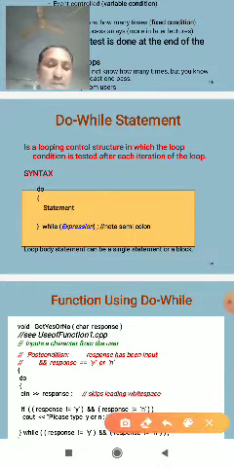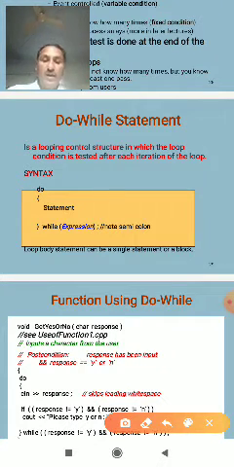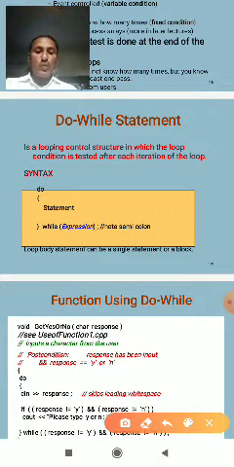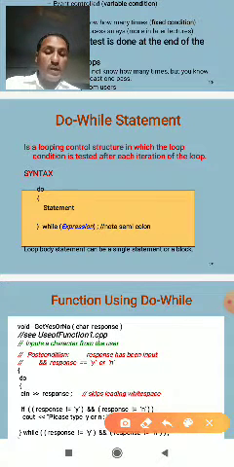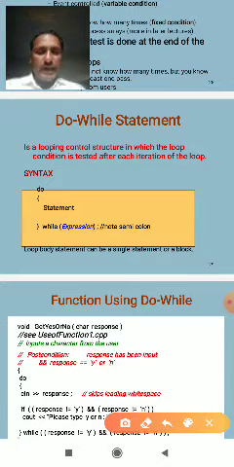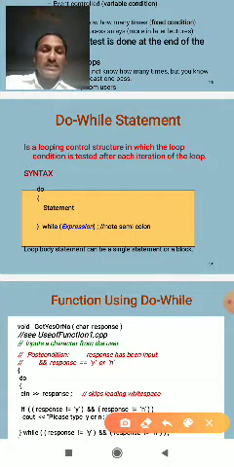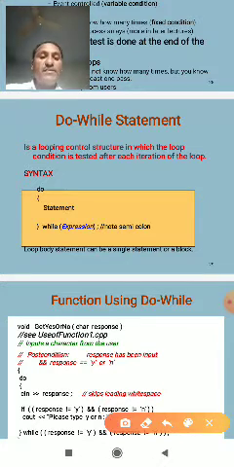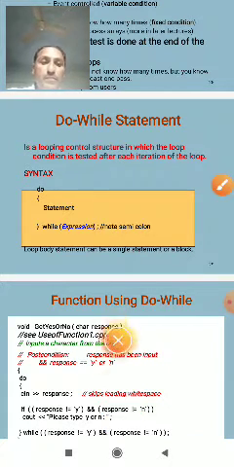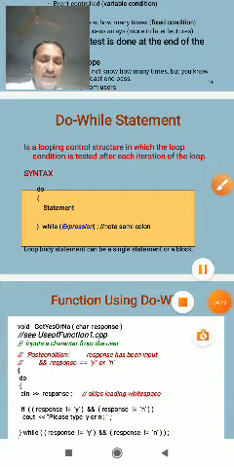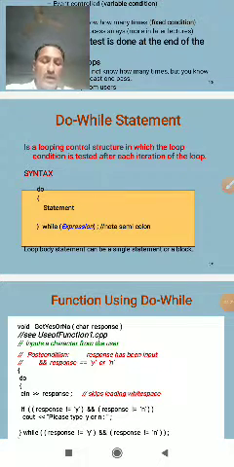Next, the test condition is evaluated, and if the condition is true, then the body of the loop is executed. If the condition is false, it is not. For example, give a natural number and print the reverse number.